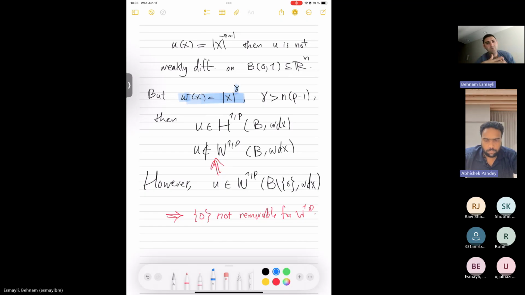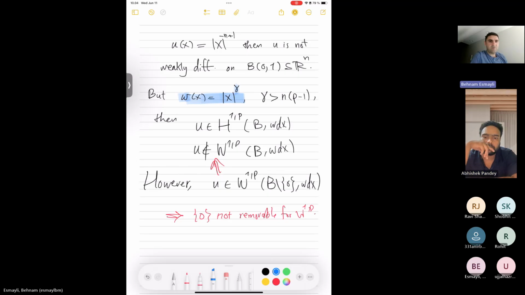So really, this W1P space, the fact that I think in literature it is the default space, is because at the end of the day it's equal to H1P. And one of the main theorems everyone proves right after introducing them is that the smooth functions are dense in it, which is the same as proving that H1P equals W1P. And when this is not true, then